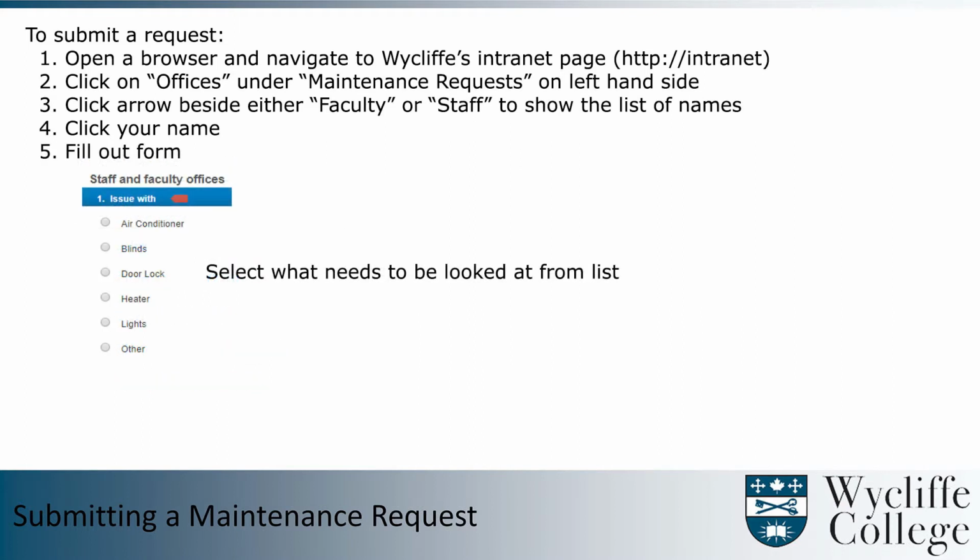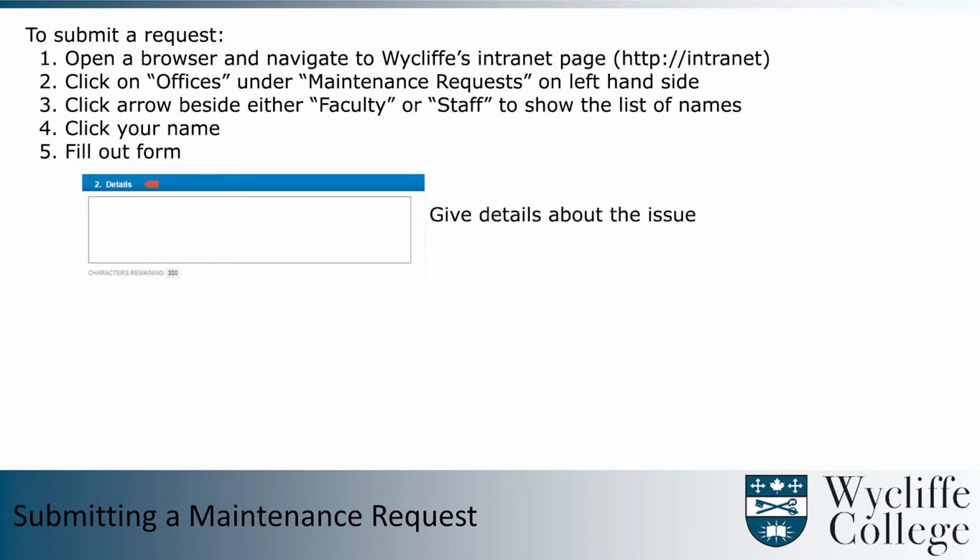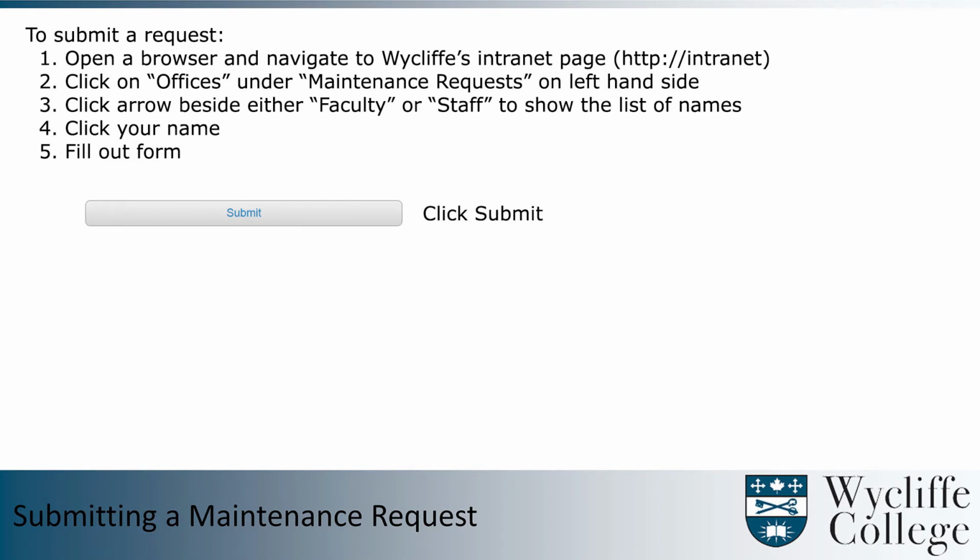In the form that appears, select the item that you are having an issue with: air conditioner, blinds, door lock, heater, lights, or other. Provide some details as to what the issue is about, and click Submit to submit the